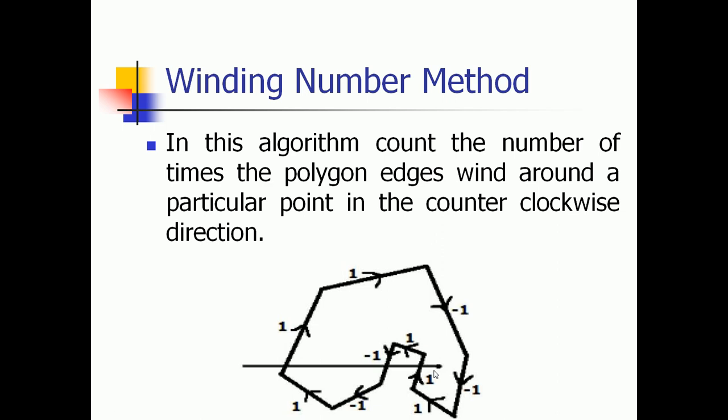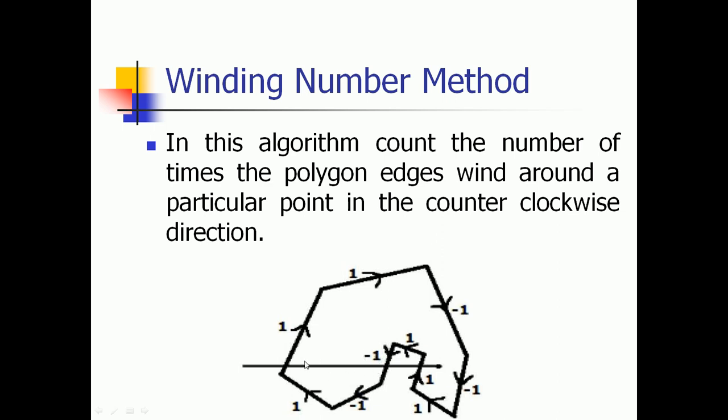Alternatively, we can give directions to all the edges of the polygon, right? Draw a scan line from the point to be tested toward the leftmost of the direction. So again we are drawing one line starting from outside to that point, and we can see the intersecting edges of the polygon. Now give the value 1 to all the edges which are going in the upward direction and all others -1 as direction values. When the edge is going upward, we assign 1, that is a positive number, and if it is coming downward, then we assign -1 to that edge, right?